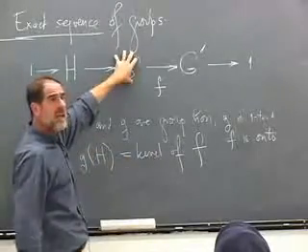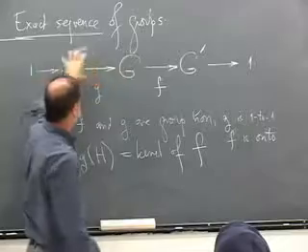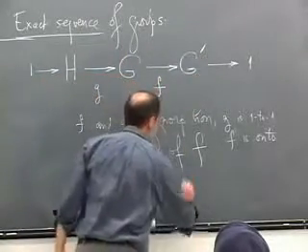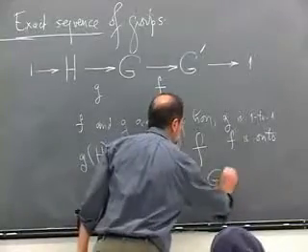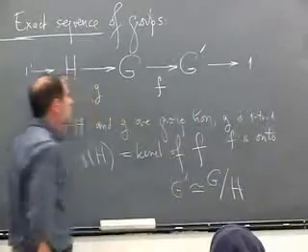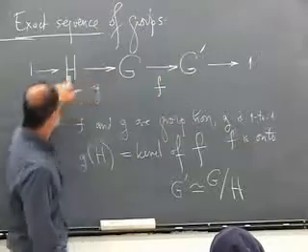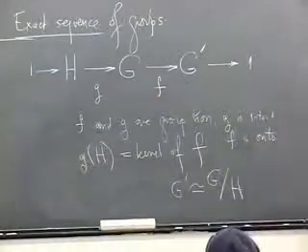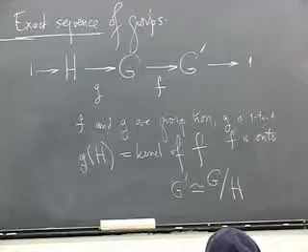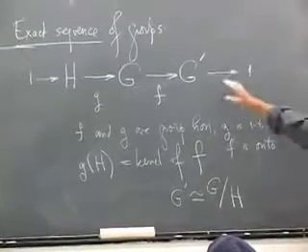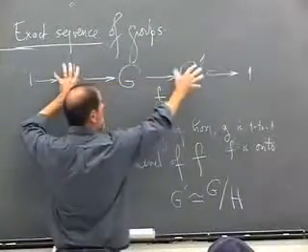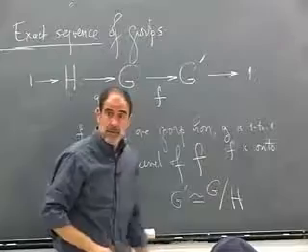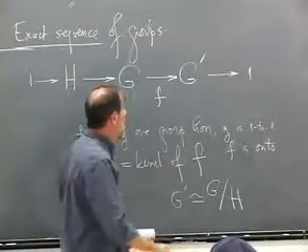So G is built out of these two groups, H and G prime. G prime would be identified, by the isomorphism theorem, with G mod H, because this would be a homomorphism with kernel H and image G prime. So this is a way of saying that a group is built out of two smaller objects, an image group and a kernel group. It's not important that you get all this now, but you're going to see it a